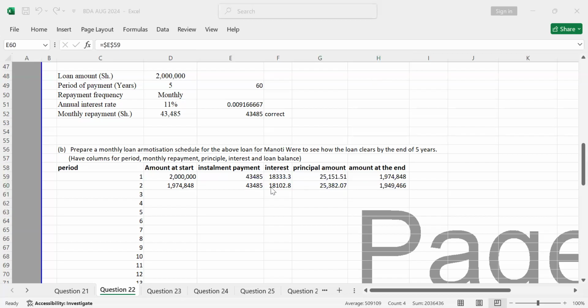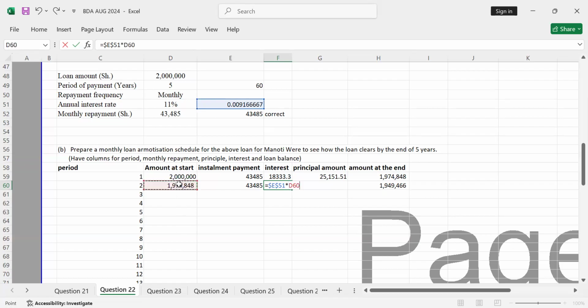Interest, I've said you just check is equals. The interest rate will be given by, as I've said, just say is equals the interest here, and you make sure that you lock the interest, F4. And I've said if your F4 is not working, press Fn concurrently with F4, you lock. Then you can multiply by the amount as at the start. Once you do so, you press enter. So it just gives you the interest.